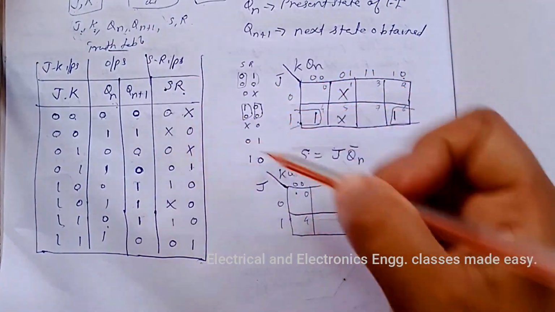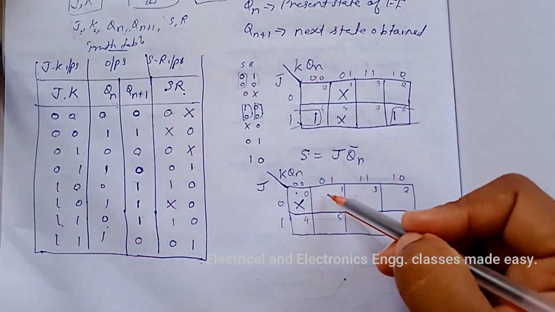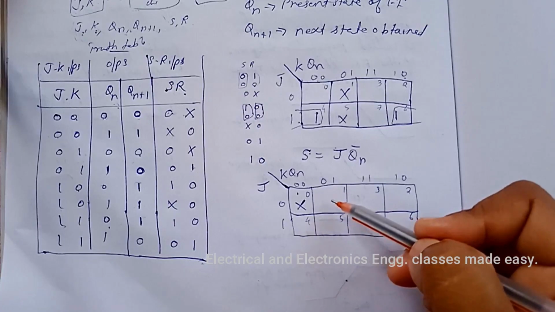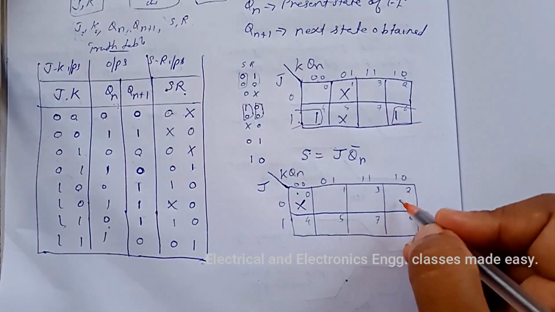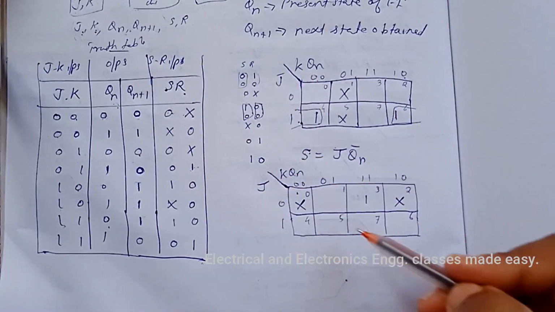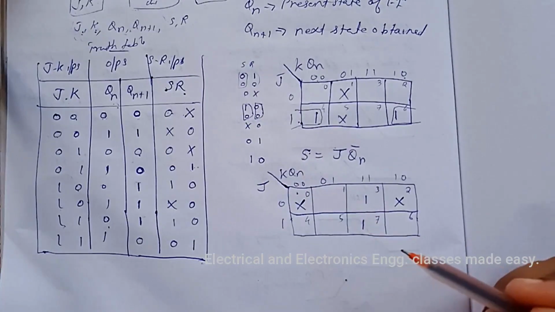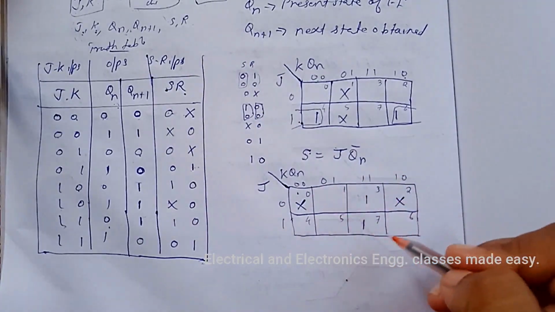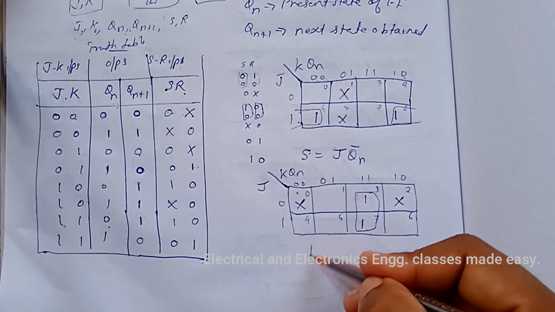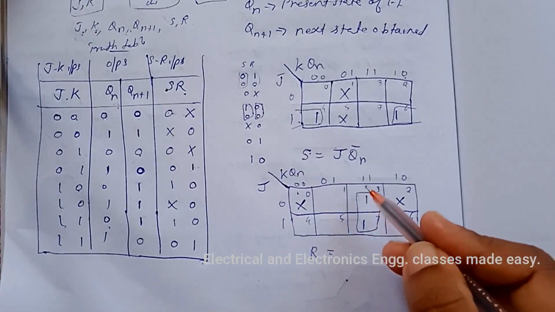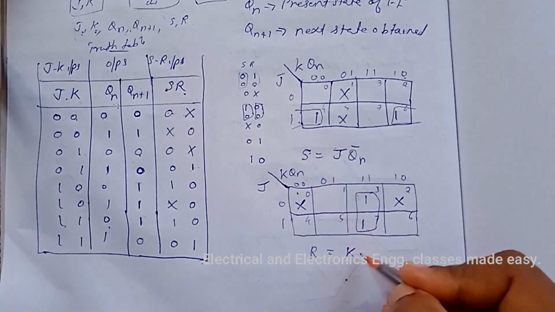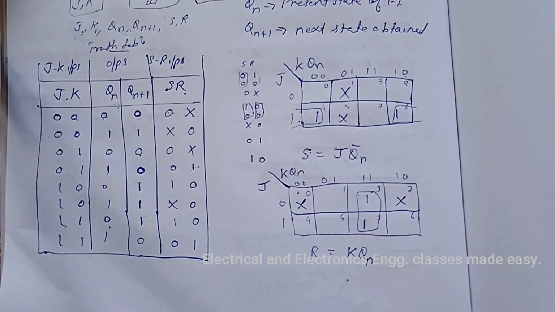So next is R. Don't care 0 0, either we can write or no need to write here. Then don't care is here, don't care, then 1 0 0 0 1 here. So here we can combine these two squares. So R is equal to, for this one J is changing, so this K and Qn, K into Qn